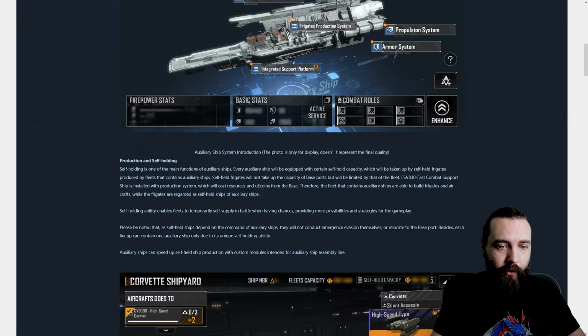Please be noted that as self-held ships depend on the command of auxiliary ships, they will not conduct emergency evasion themselves or relocate to the base port. Besides, each lineup can contain 1 auxiliary ship only due to its unique self-holding ability. So yeah, we can only have 1 of these per fleet. And they don't do emergency evasion,